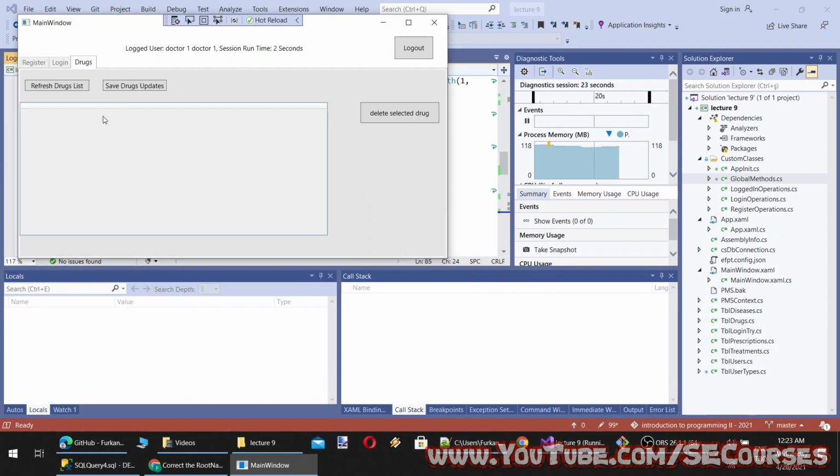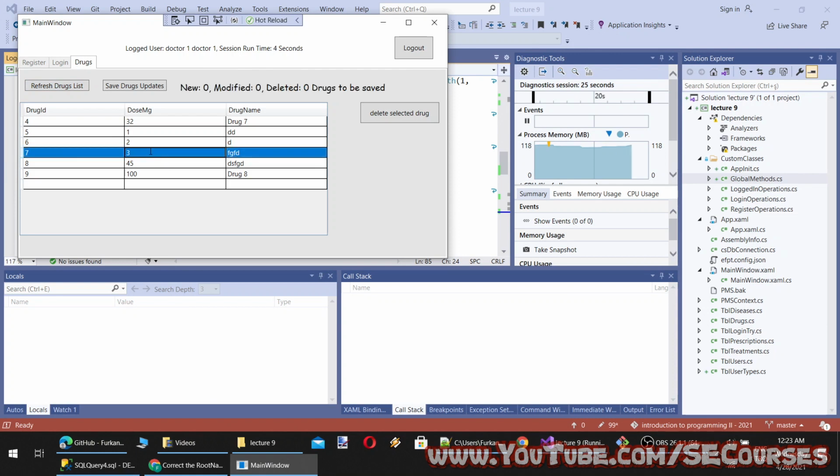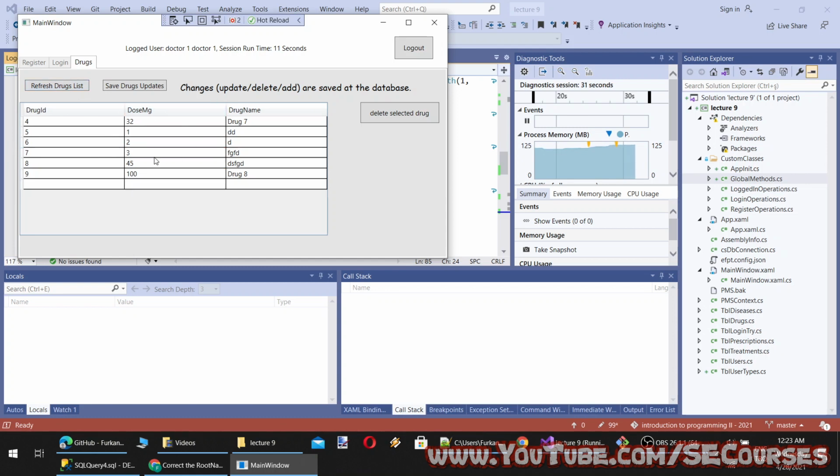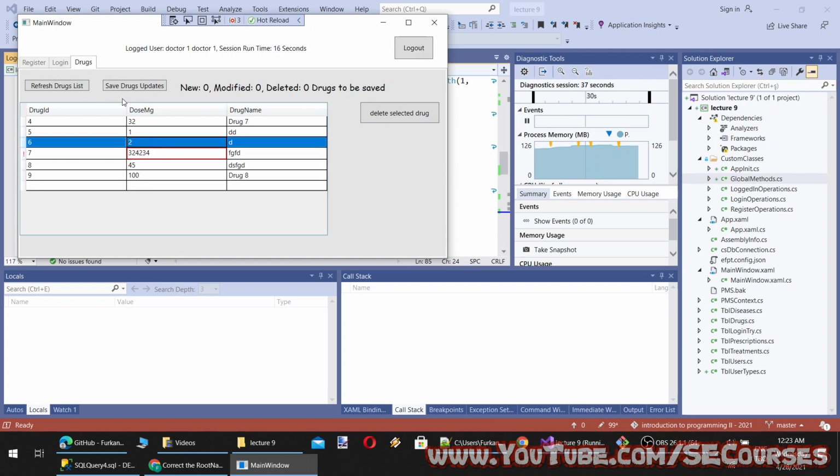Okay, now I can click, I can refresh, I can change anything, and I can save, refresh. Oh, it's not saved. I need to click change, refresh. Okay. So milligram, okay.